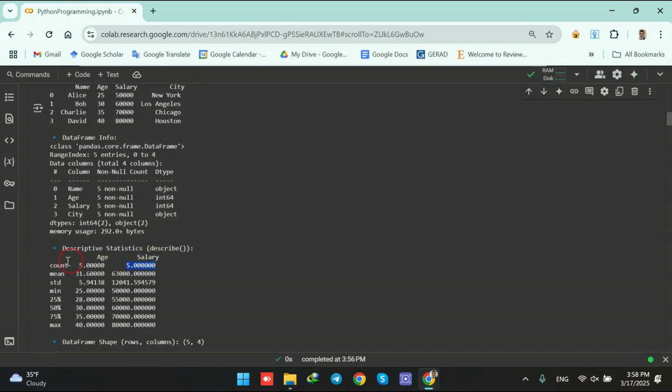For salary we are having 5 numbers being entered, and the full data frame has 5 rows, meaning that we are having no missing entries. Then we are having the mean, which is the average of the age. And then we are having the salary mean, which is 63,000, the average salary in our data frame, and the average of the age is approximately